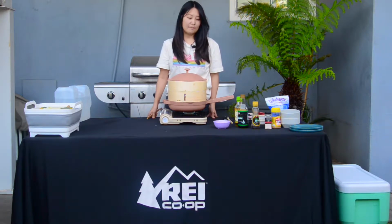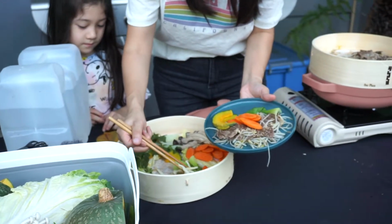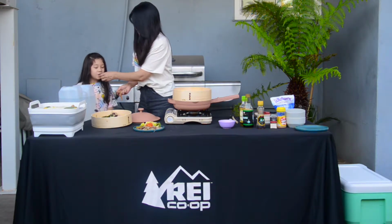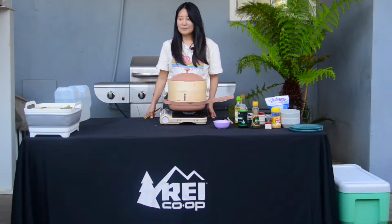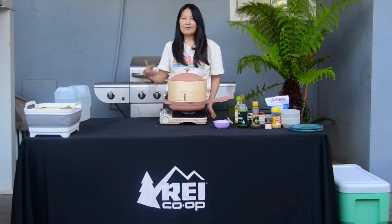The reason why I'm passionate about bringing culinary diversity outside is that certain foods are seen as unappetizing. For me, growing up in a Korean American household, an Asian American household, we celebrate our foods. It's normal to us, so it's not something we see as gross or disgusting or smelly. It actually invokes that umami and our saliva response because this is the food that